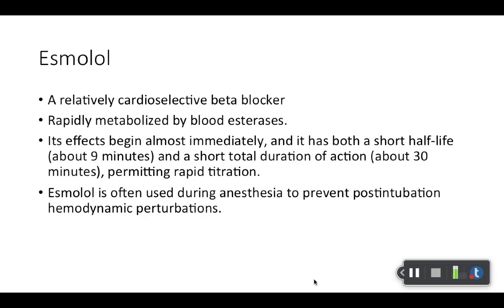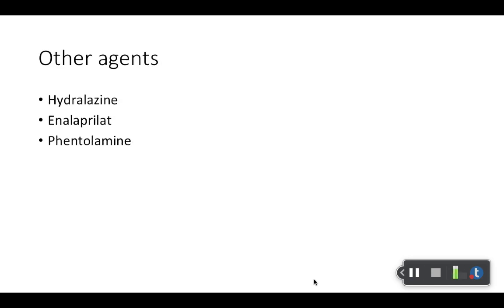And this slide, just go ahead and read through. It's just mainly FYI. And then Esmolol. This is another interesting one. This is a cardioselective beta blocker, so it is good, or can help with hypertension. This is one too that can help with perioperative hypertension, aortic dissection, but it should be avoided in acute decompensated heart failure, because like with the Labetalol, it can make that